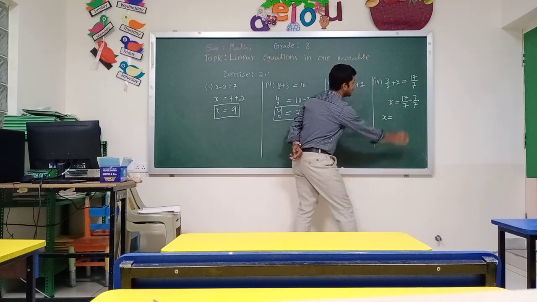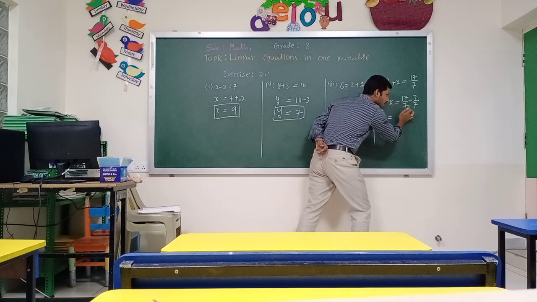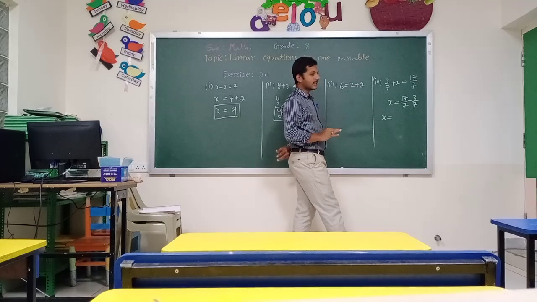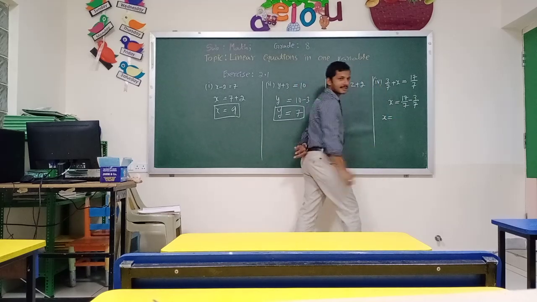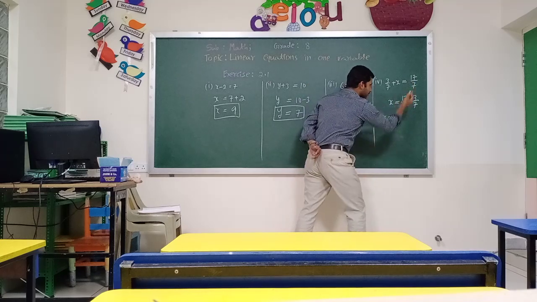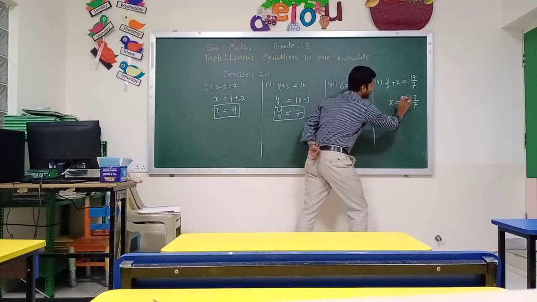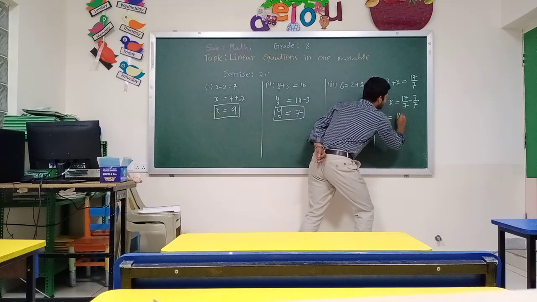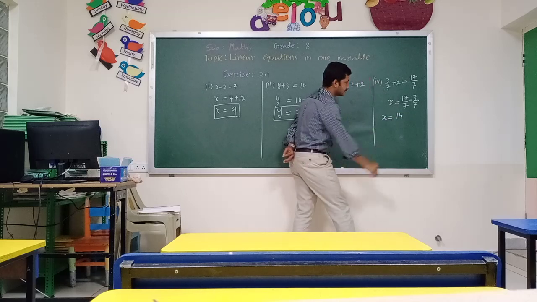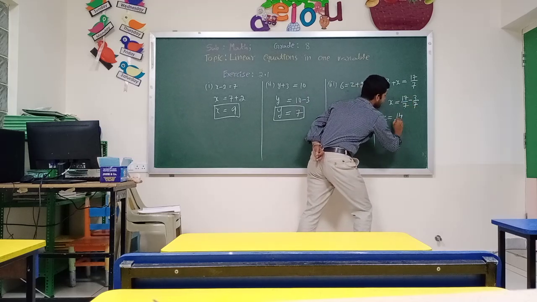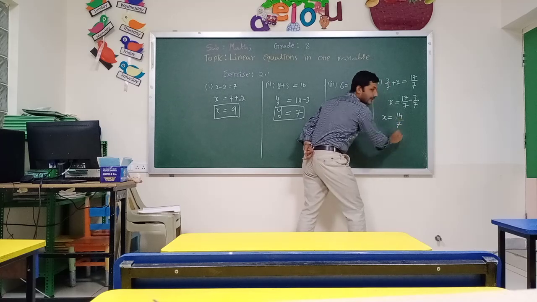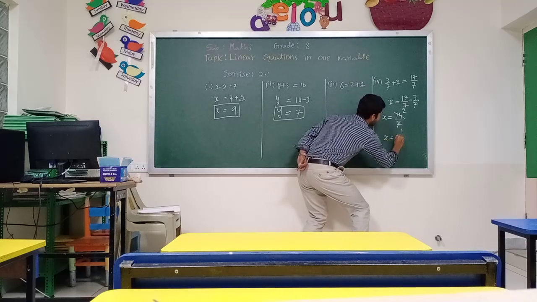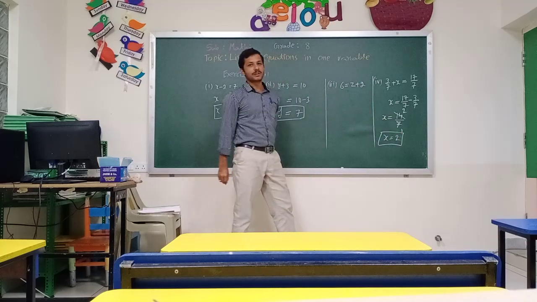So x equal to 17... Both the denominators are same. Should we find the LCM here? No, we don't have to find the LCM because the denominators are same. Therefore, we can go ahead with the next step. 17 minus 3. What is 17 minus 3? It is 14, right? 14 divided by 7. You can simplify it further. 7 ones are 7, 7 twos are 14. So x equal to 2.